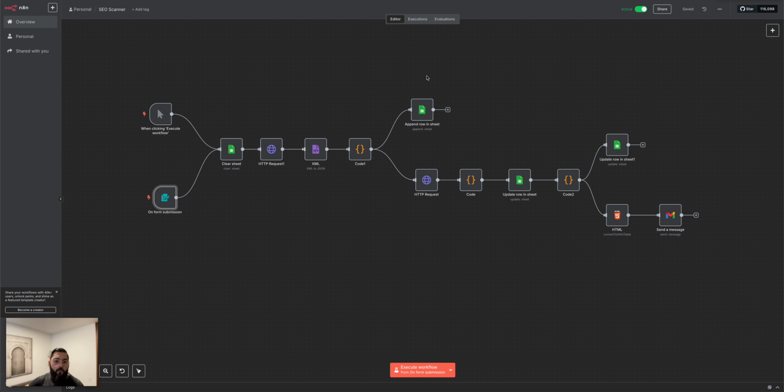In this SEO scanner, what we are doing is providing a sitemap URL. So our workflow goes through all the URLs in that sitemap. As we see, we have XML to JSON, sanitizing that, updating Google Sheet with all the URLs, and after that, go through each URL, doing HTTP request, and parsing meta descriptions and meta title of the page, add that to